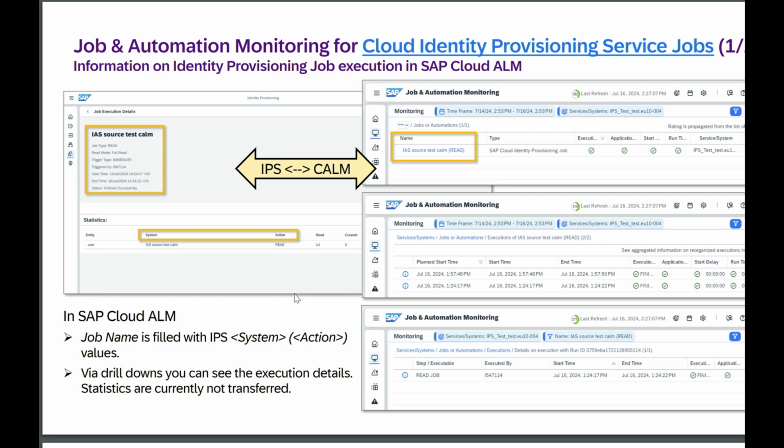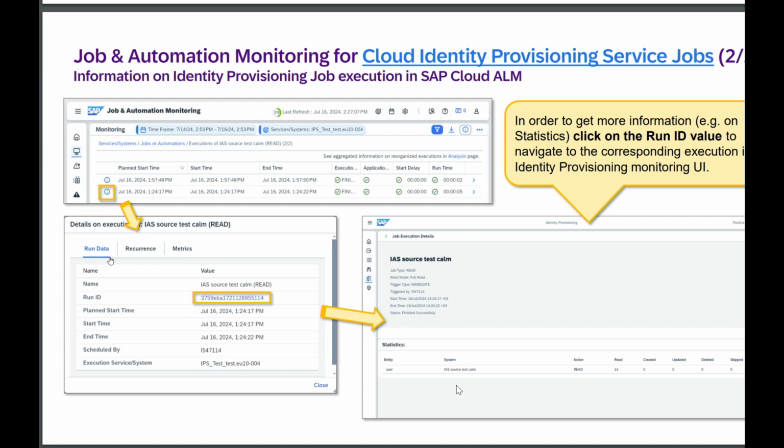So what can we do? And then we discussed and we decided, okay, we put into the job name column what in the source system is under system and under action, because these are the key important fields, and this is then how this job execution is represented. And then basically we show you, okay, if you drill down, what kind of data you see, and